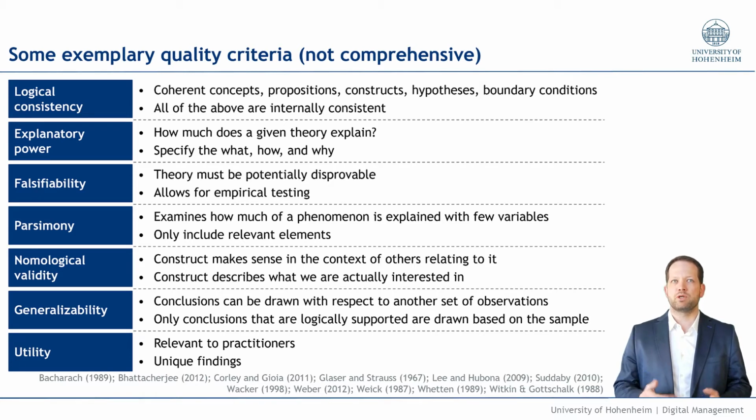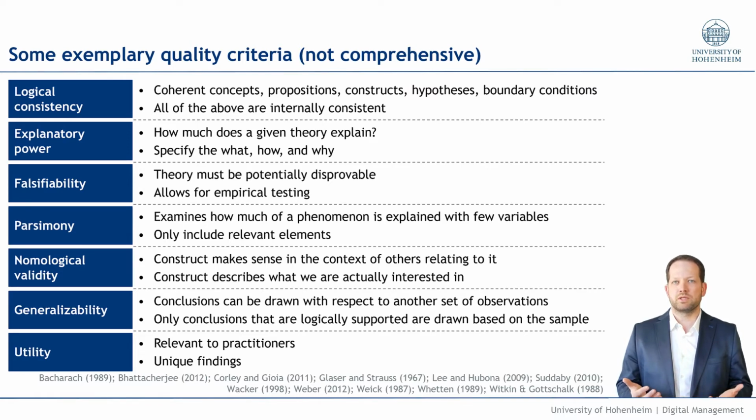A theory must be potentially disprovable. That goes back to Karl Popper's philosophy of science, putting falsifiability as one of the key criteria, as we are never really truly able to prove the validity, the correctness, the truth of a theory, but we can only falsify it. And it stands as long as it's not falsified. So falsifiability, being able to in general falsify a theory, is an important quality criterion. This doesn't mean that the theory is false, only that potentially there's a way, a scientific method, which we could use to find out whether it's false or not.